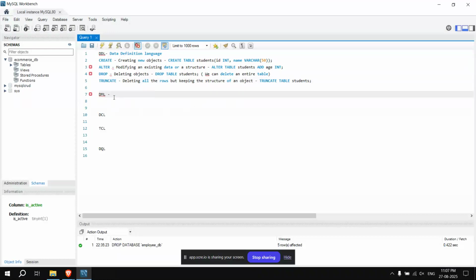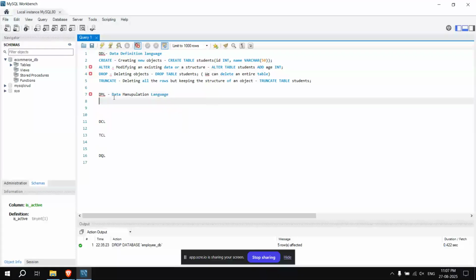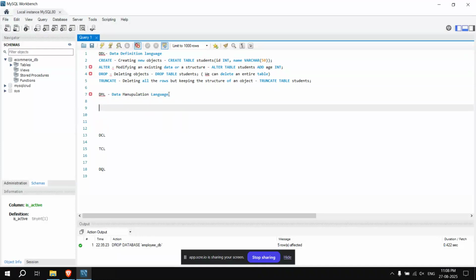And then comes the DML. Now what does DML mean? DML means data manipulation language. Now what does manipulation mean? Manipulation is manipulating something, it means modifying something. So what kind of commands come under this?